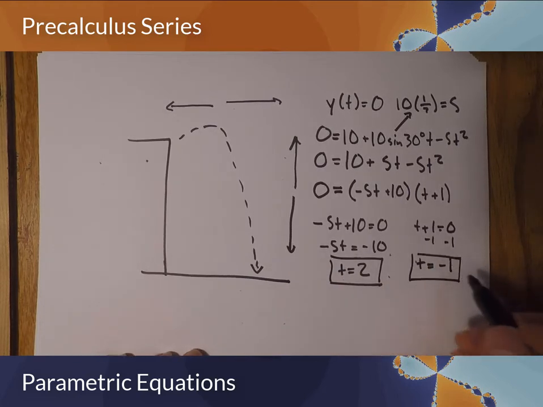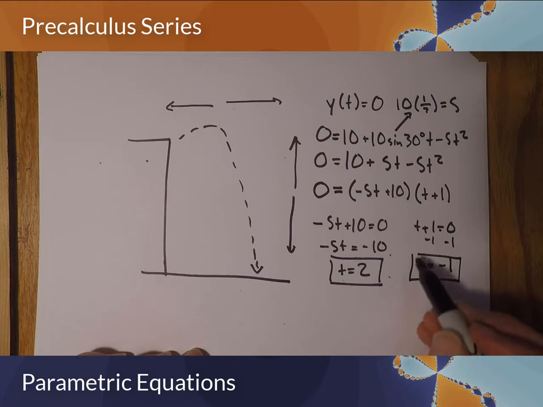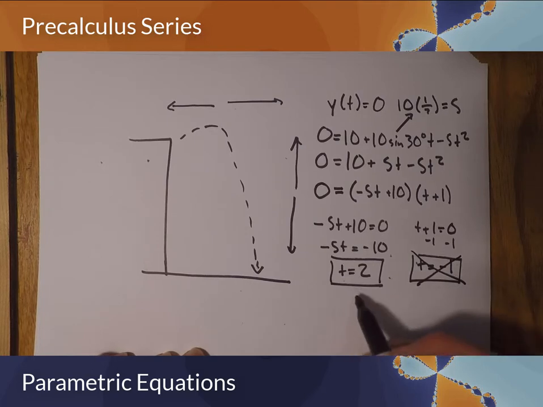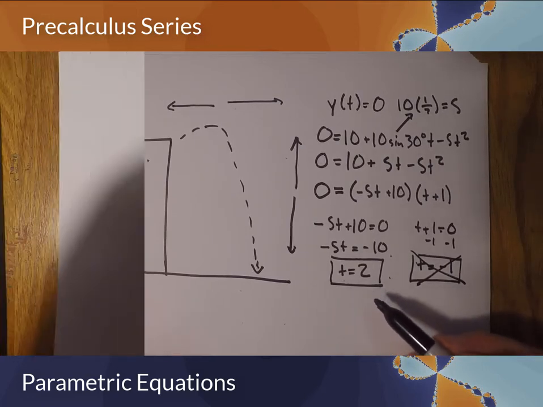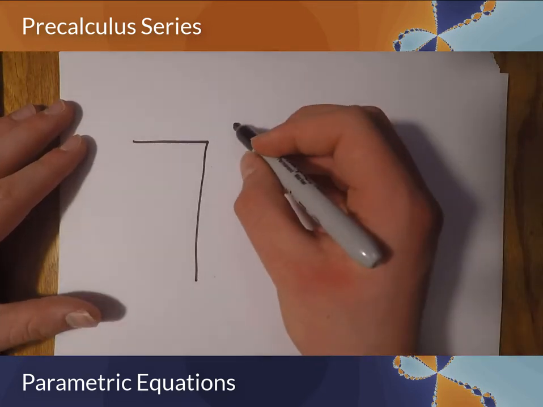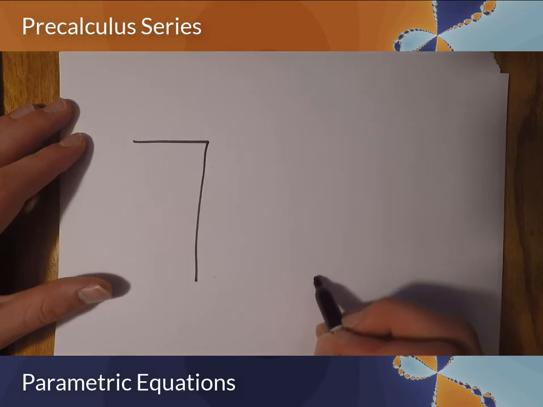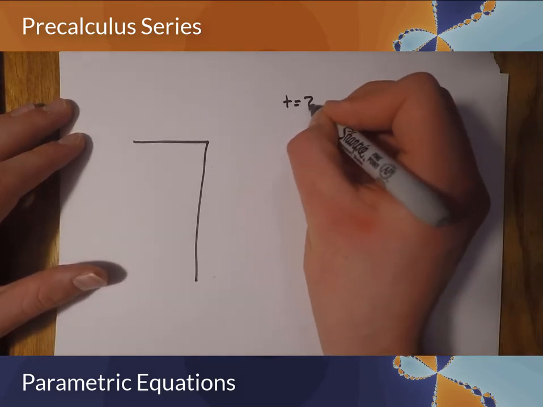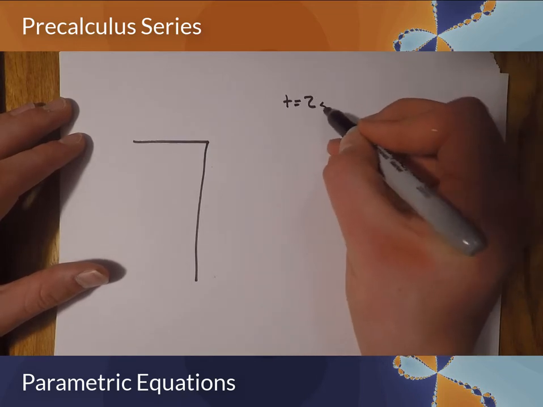Now, since we're only dealing with time after the ball is thrown, and the ball is thrown at t equals 0, there's no way that t equals negative 1 would work in this situation. So this isn't used. Thus, the time that it remains in the air is t equals 2. So now that we know that the time it takes for the ball to hit the ground is 2 seconds, we know that it's in the air for 2 seconds,